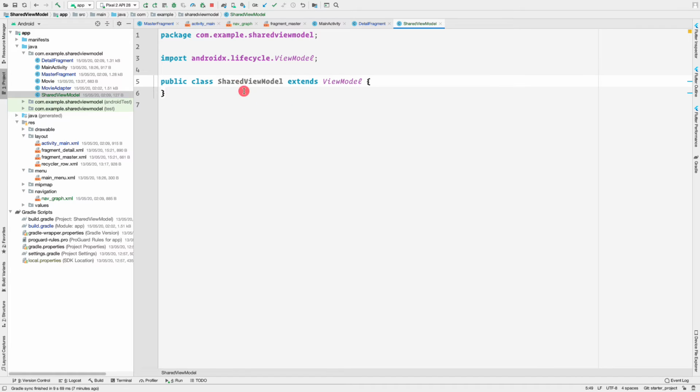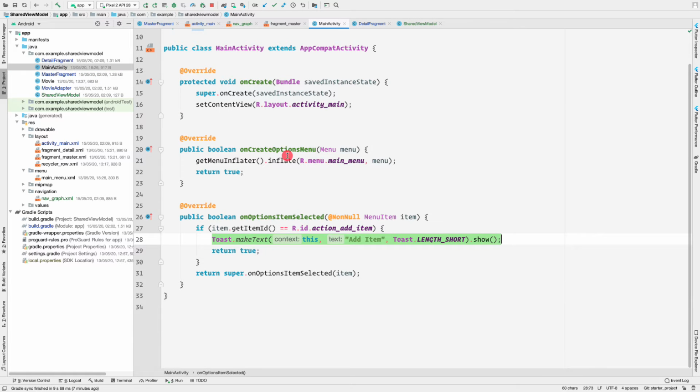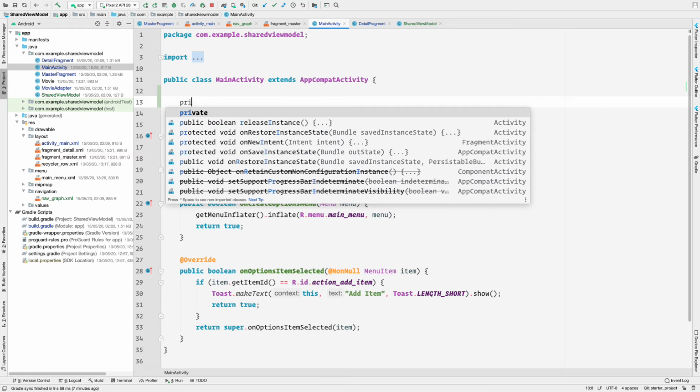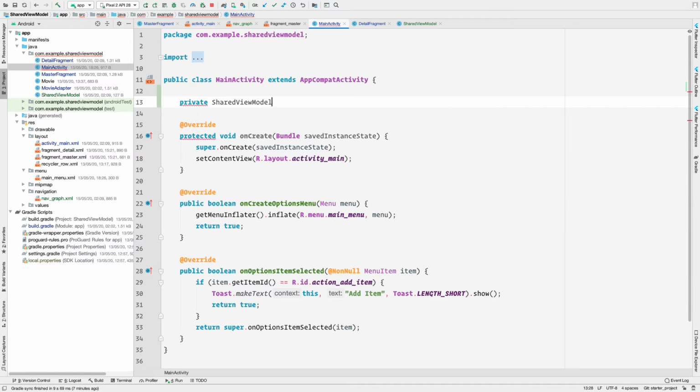So now, instead of writing any code inside the SharedViewModel, first let's get a reference to the SharedViewModel inside our main activity, the master fragment and the detail fragment. Let's go to our main activity, and here let me define my SharedViewModel, that is private SharedViewModel. Inside the onCreate method we'll initialize it.